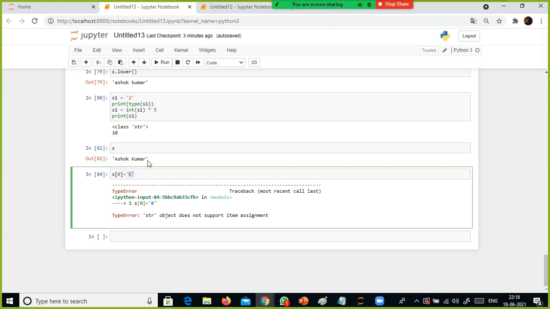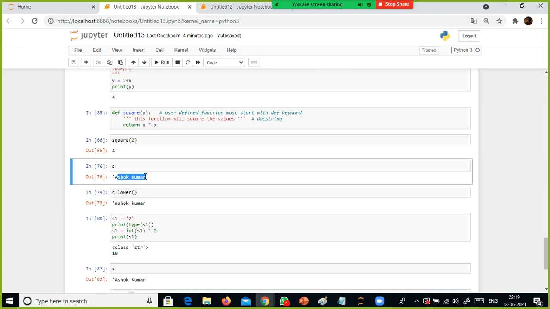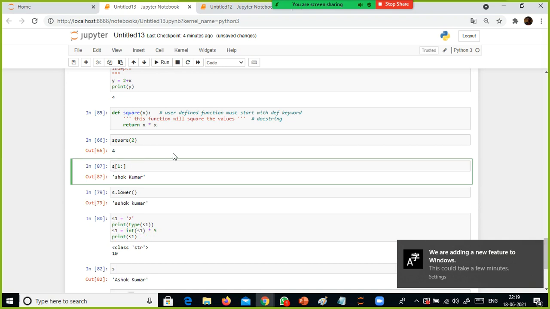Assign this letter to a variable, and then you have a range value. Start from 1. This is the first index, the first location. s square bracket 1 colon, if you give that, it will start from index 1 to the end of the string and will ignore the first letter. Then you assign that value to some variable.